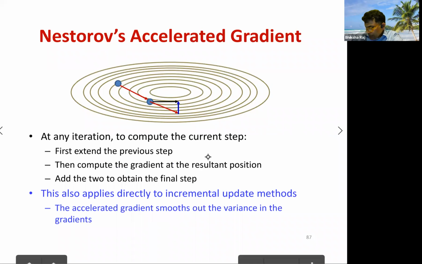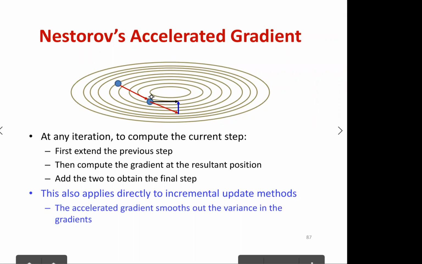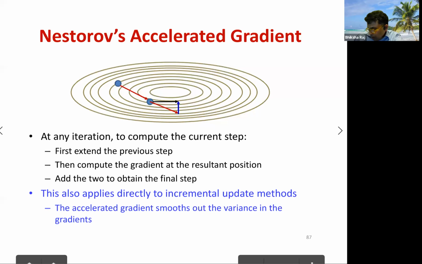Now, Nesterov's method, we will recall, is a variation on the basic momentum method where we reverse the order in which we add the gradient step and the previous update. So in any iteration, to compute the current step, we first extend the previous step and then compute the gradient correction at that point to get the final update. This technique also applies directly to incremental updates. And the accelerated gradient also smooths out